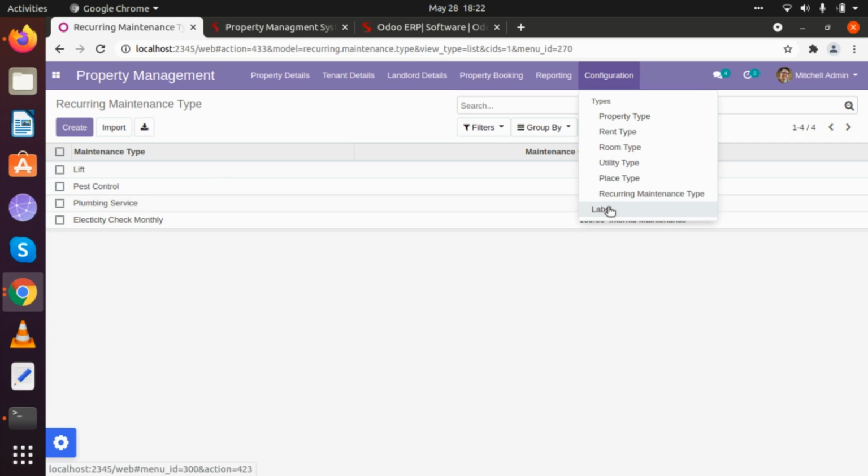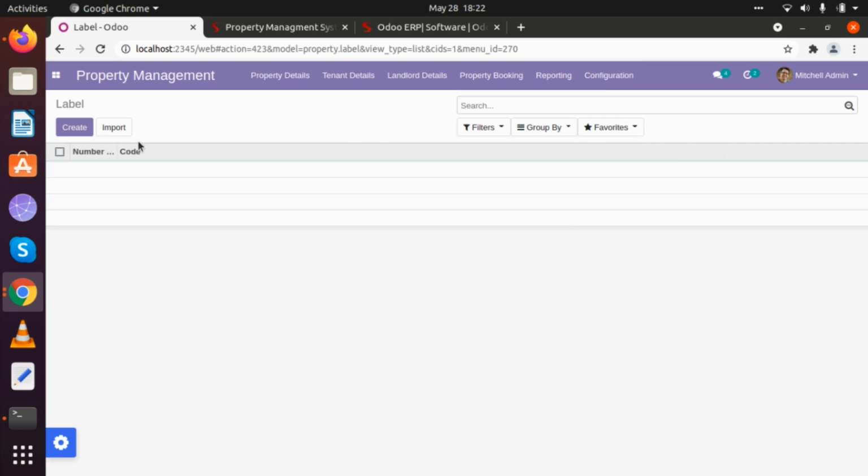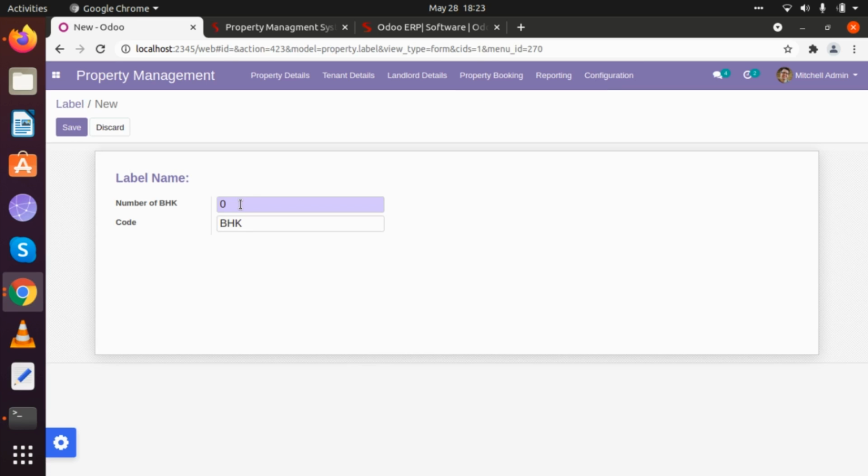There is one more label, and that label is for BHK apartments. Let's say if I want to create a 2 BHK label, I simply need to add that label here. Now I am going to add some more labels like 3 BHK, then 3.5 BHK, and 4 BHK.